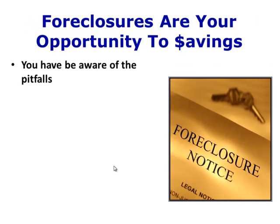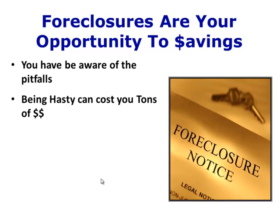Now, you have to be aware of a couple pitfalls in buying a foreclosure. Being hasty and jumping on the first deal can cost you money. What is the old saying? That taking a little bit of time to prepare for your plan, for what you're doing, makes a big difference